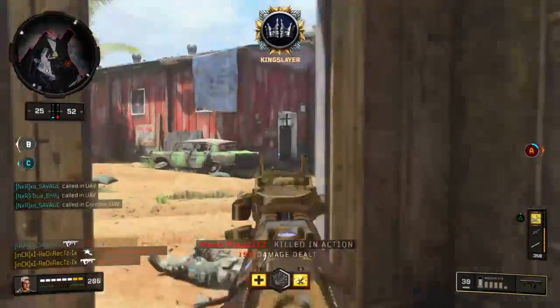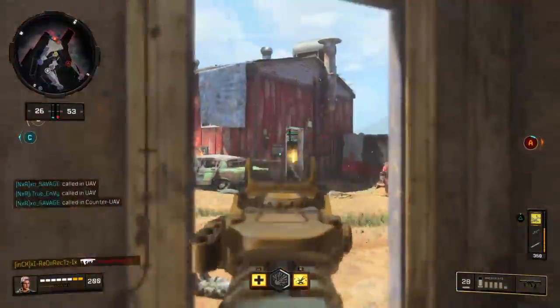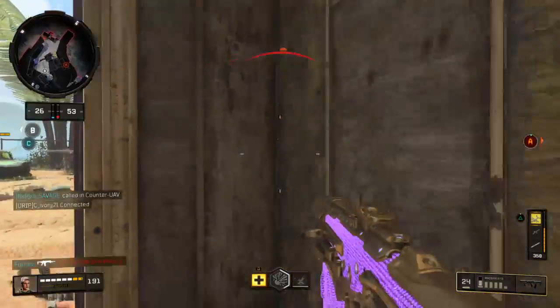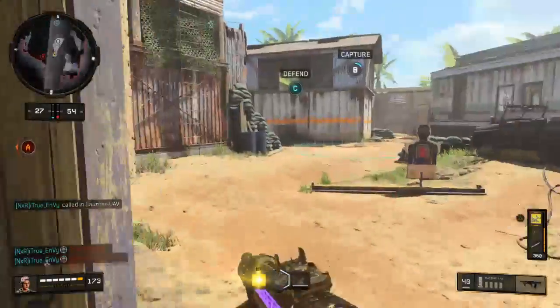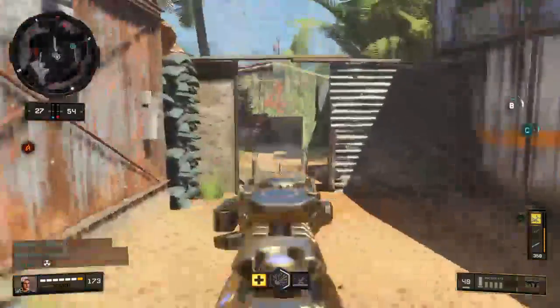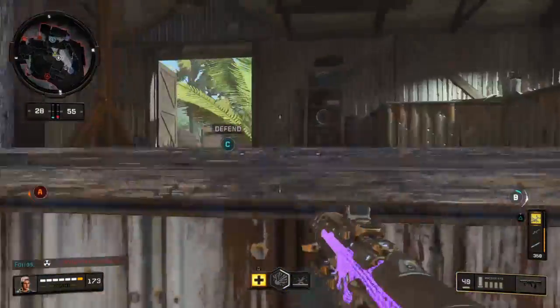So you can see basically his strategy here. Now, the first round ends very quickly because they don't actually capture the flags, but that gives them more time in the second round to get points. So basically what he's doing here, the first thing I'll notice is he runs Scavenger, and for me personally, I